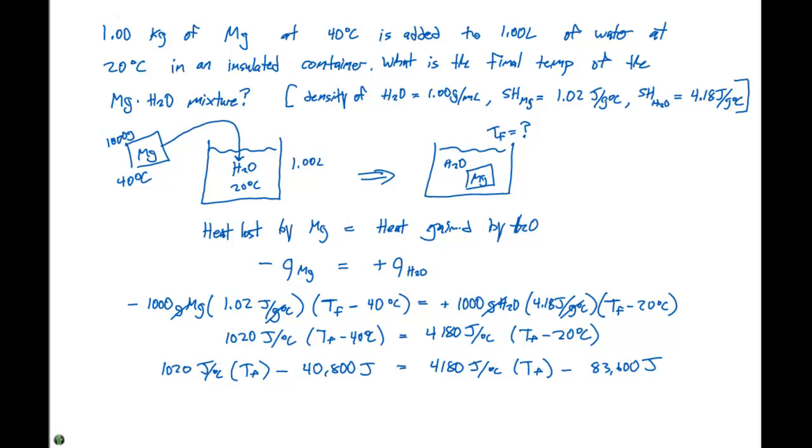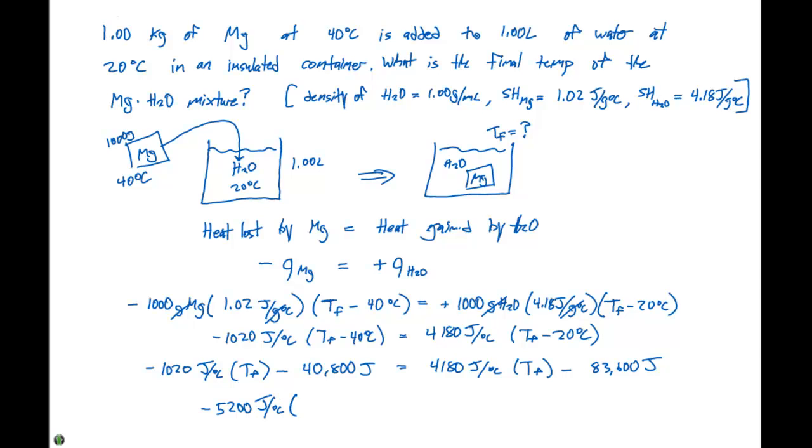If we rearrange each of these to get the final temperature on each side, and I'm forgetting a negative sign over here on the left, we can subtract 4180 from each side to get negative 5,200